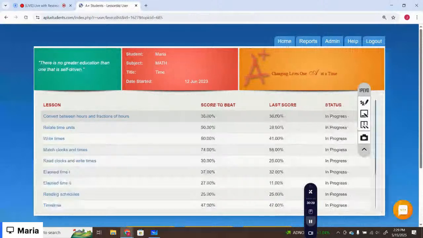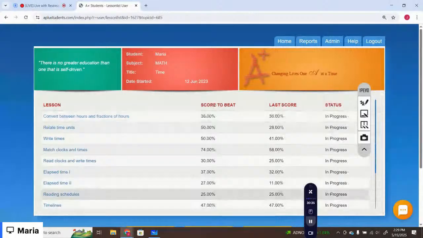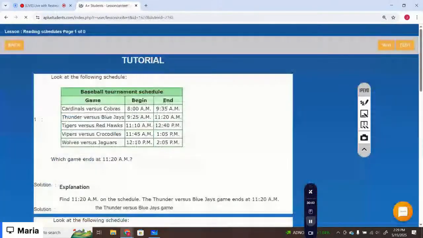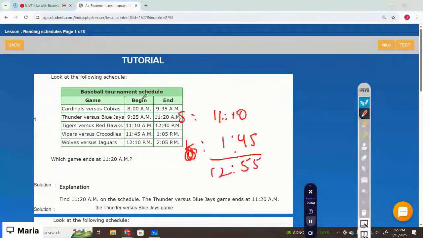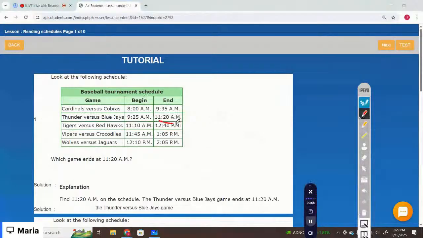The next one is reading schedules. Let's start with the lesson. Look at the following schedule. Which game ends at 11:20? We are given the table, the beginning time and the end time. So 11:20 is Thunder versus Blue Jays. So the correct option is